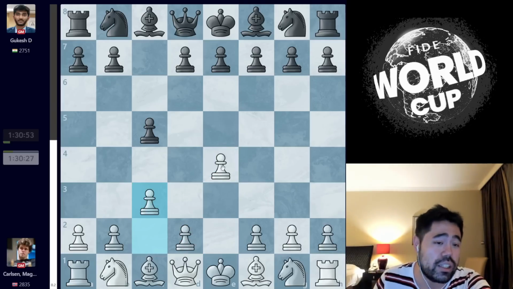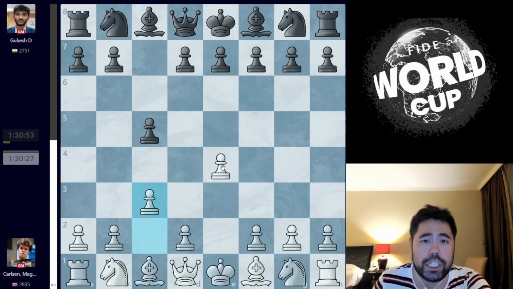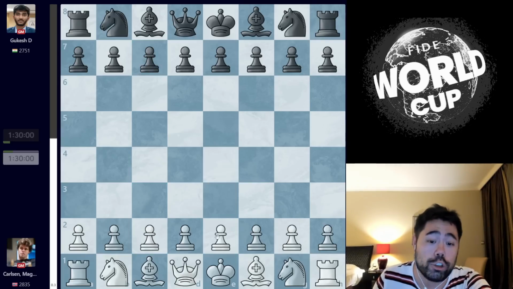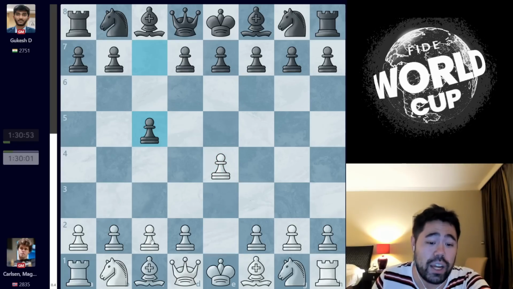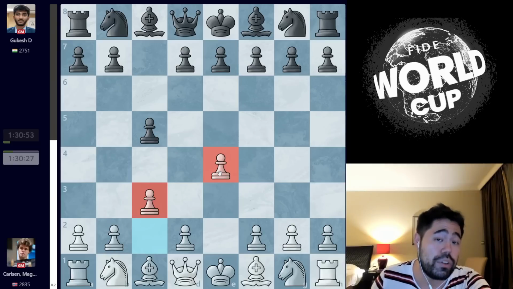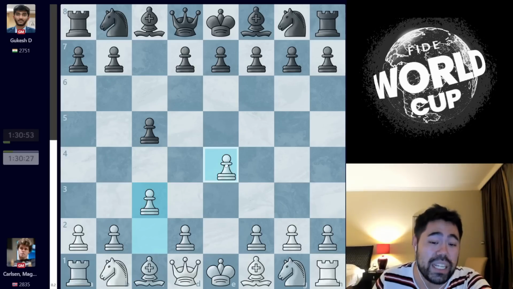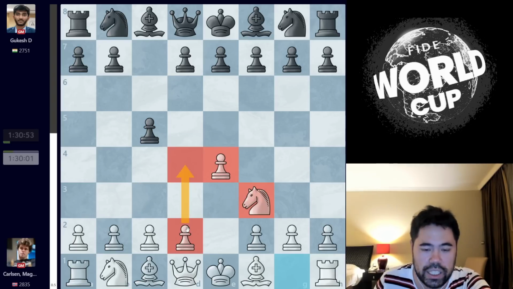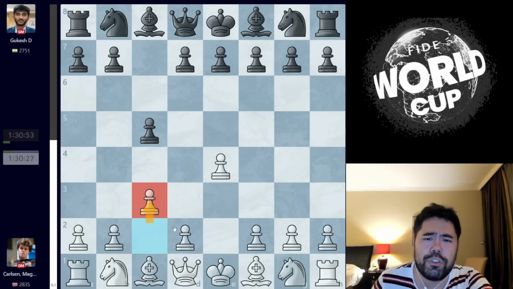Now, one interesting thing to note is that there was another match between Arjun Erigaisi and Ramesh Babu Pragnanantha, where Arjun was leading 1-0 as well, and Arjun opened with e4, needing only a draw with the white pieces. And Prag played c5, Arjun played the c3 Sicilian or the Alpine, and Arjun actually got outplayed in a very long endgame and lost, so that match is tied 1-1, but it speaks to the solid nature of playing this move c3 instead of going to the main lines with like knight f3 and d4 and the open Sicilian. So we get c3 from Magnus.